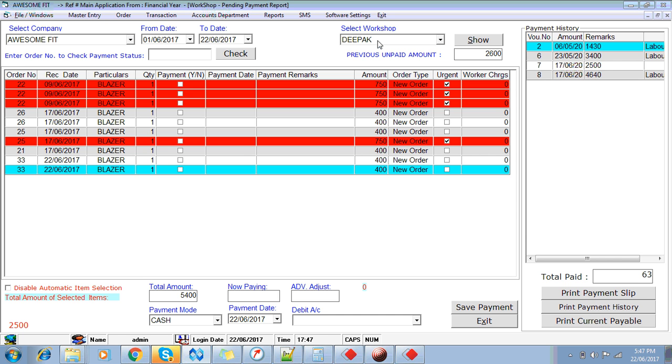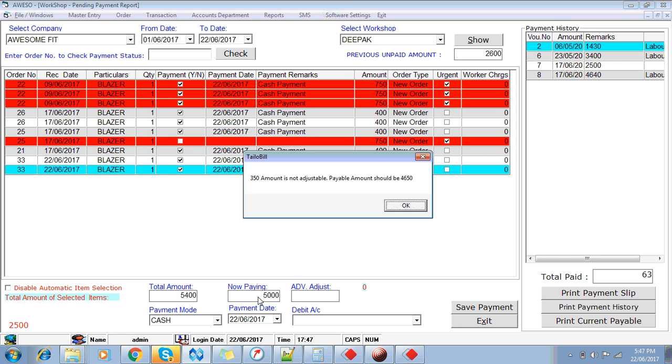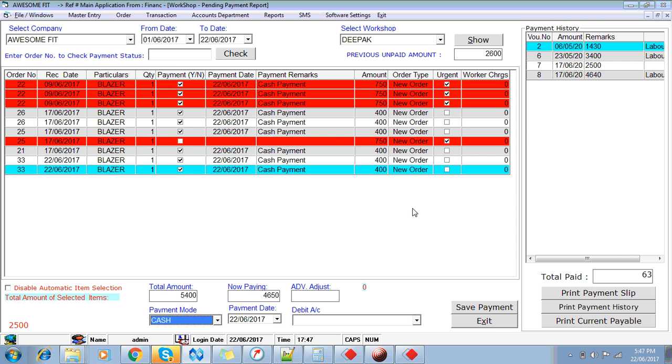हमारे पास ये पर पीस के हिसाब से पेमेंट होता है। उसने कितने पीस बनाए? 50 पीस। आप कितने पीस का पैसा दे रहे हो? 25 पीस। उसके हिसाब से टोटल करेगा। फॉर एग्जाम्पल अभी 5,400 है, आप बोलोगे 5,000 पेमेंट करना है, ठीक है, तो एंटर दबाओगे ना, तो ये 350 एडजस्ट नहीं हुआ इसका। इसने क्या किया, सबसे पहले छोटे फिगर वाले पूरे एक्सेप्ट कर लिए, 400 400, फिर 750 750, तो लास्ट वाले 750 को एडजस्ट नहीं कर पाया। ठीक है, तो उसने क्या बोला कि 4650 ही आप पेमेंट कर सकते हो ये ट्रांजेक्शन में, या फिर आप पूरा करो या फिर आप 4650 करो। ठीक है, आप आइटम इस तरीके से कैश पेमेंट सेलेक्ट करके सेव पेमेंट करेंगे तो पेमेंट